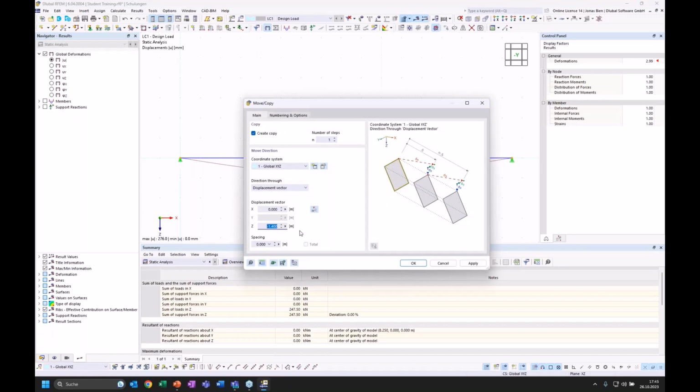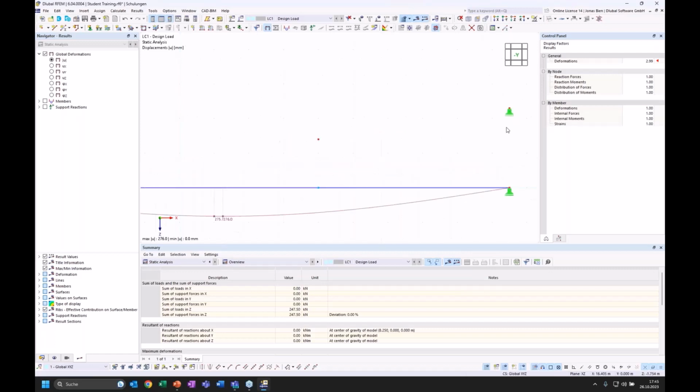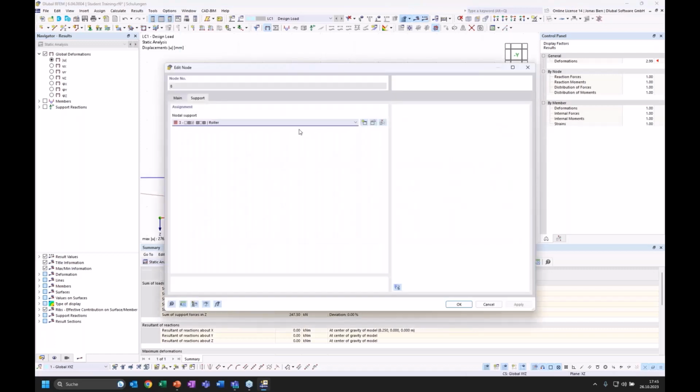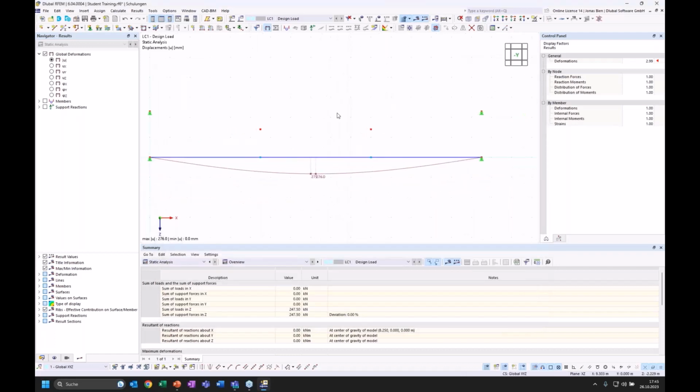Now I enter 2.3 meters as a minus delta for my Z direction and also hit OK. Now it also copied the supports, which is okay. In this case, I just need to change the nodal support of the node in the upper right corner to a fixed support. Otherwise, we will have an unstable